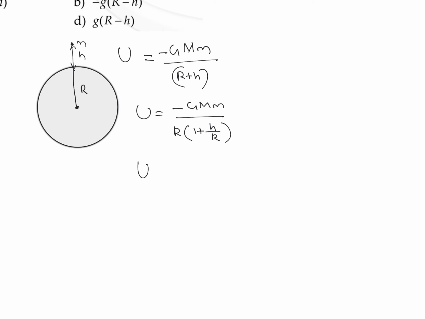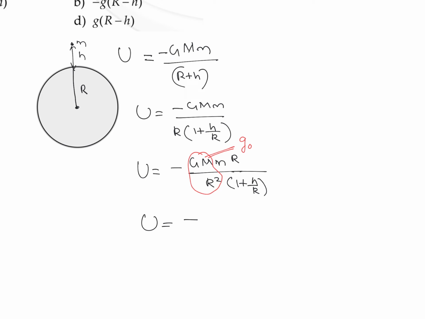Now further we can write this U is equal to minus G into M into m, multiplied and divided by r. Already one r is over there, so it's going to be r squared into 1 plus h divided by r. Now we can observe that this GM by r squared is going to give the value of acceleration due to gravity on the surface. So we can write potential energy will be equal to minus of